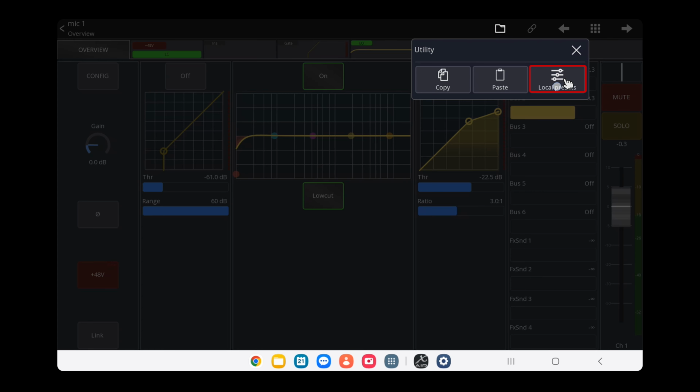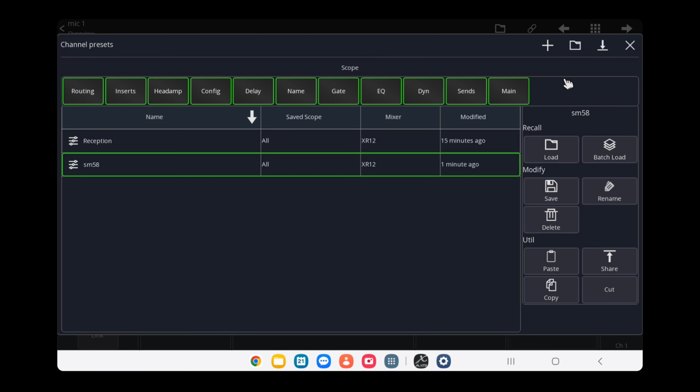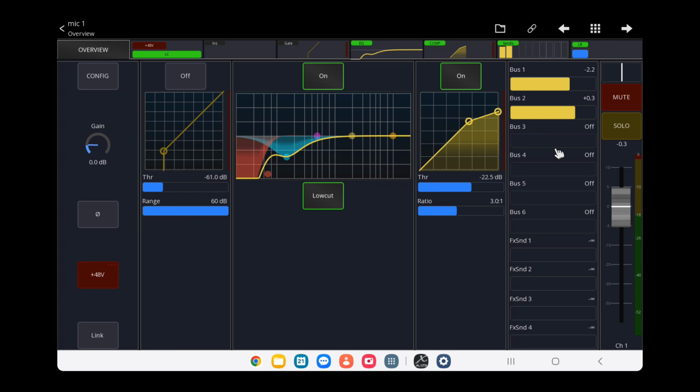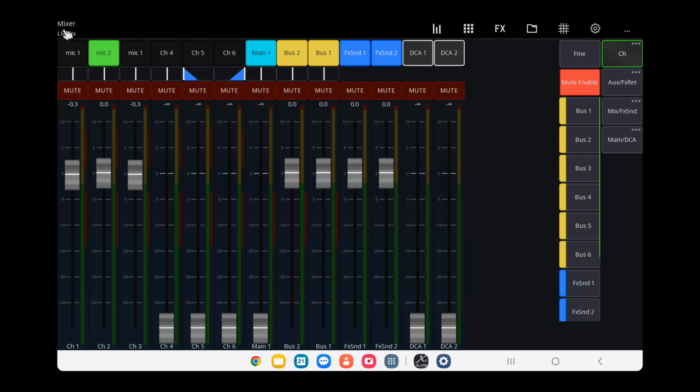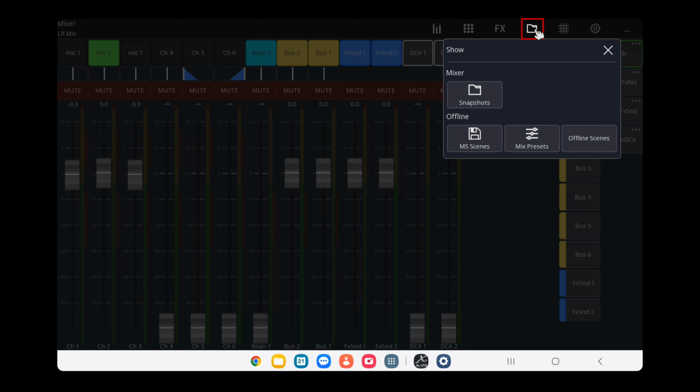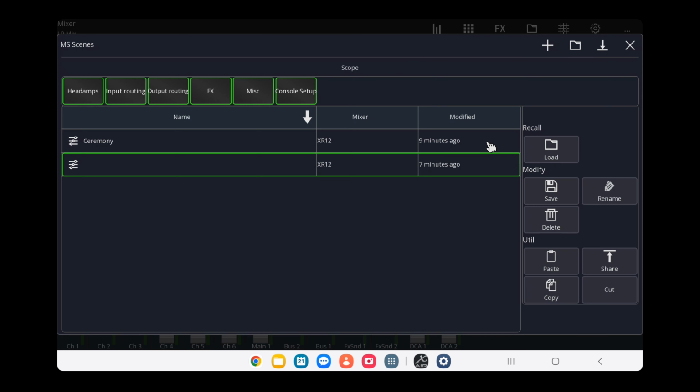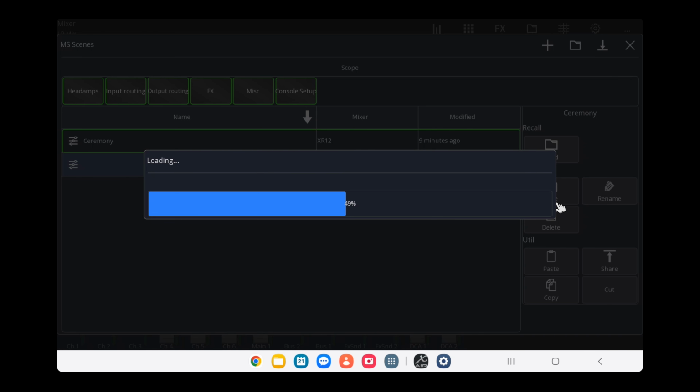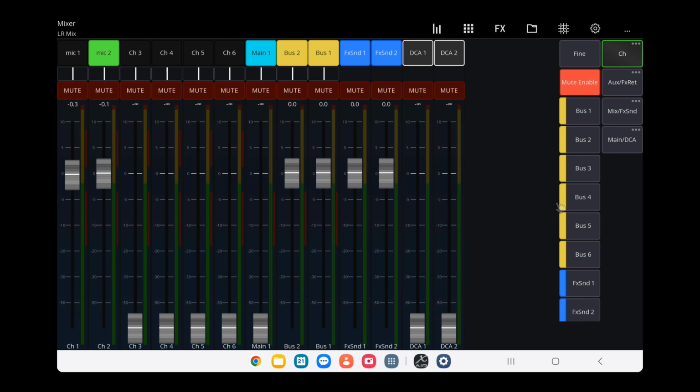We're gonna go to local presets, click on which one we want, and then we're gonna say load. Now you go back to this channel and everything is set here. Big thing to remember is you have the master scene, go here, input, load scene. And so what this is gonna do is it's gonna load everything onto all the channels, the mixer, the way